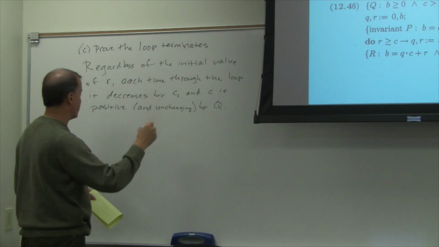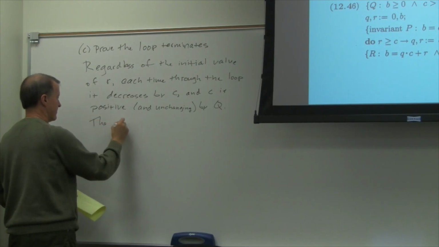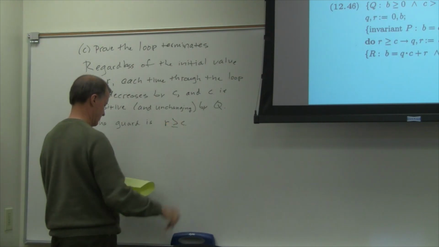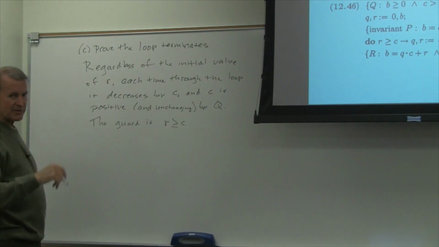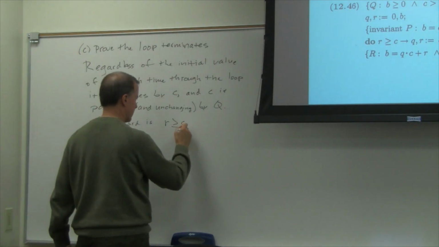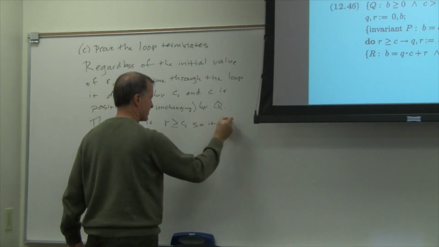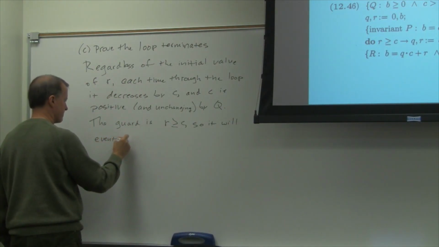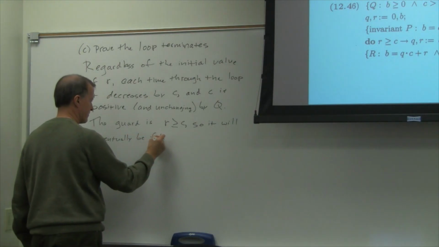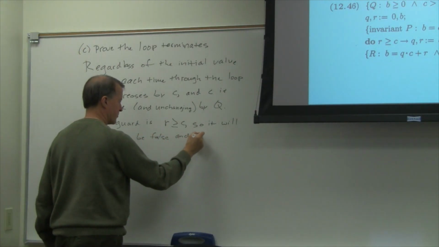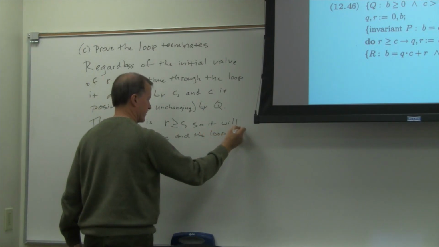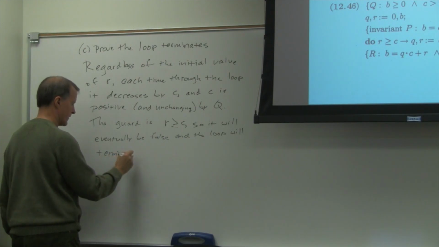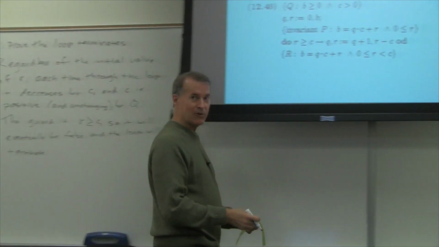And the guard is, but what is the guard? The guard is r greater than or equal to c. So it will eventually be false, and the loop will terminate. So that's our proof of termination. And now we have only one more thing to do,